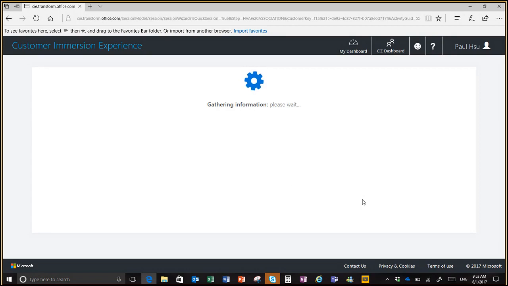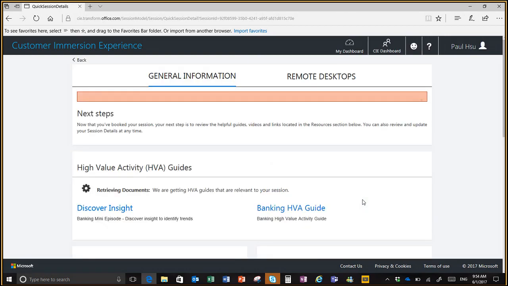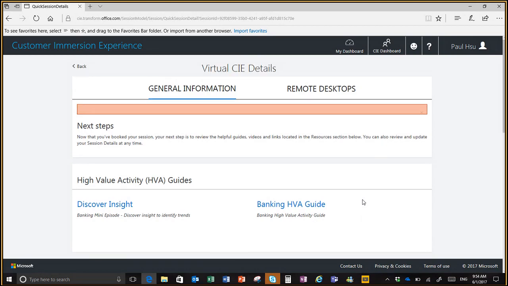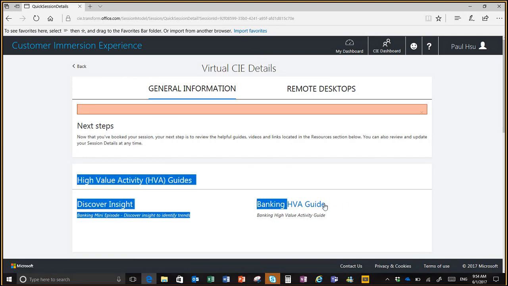So again, the point I want to make here is this is instantaneous. This is what we consider virtual CIE. And for those of you who have customers all over the country or even all over the world, this is a very quick and easy way to show them the value of Office 365 as well as the broader Microsoft solution, right? So here is the virtual CIE information, and here are some of the guides that you can